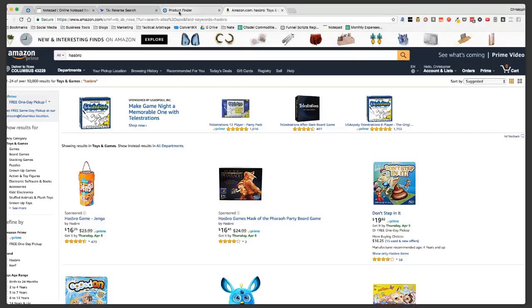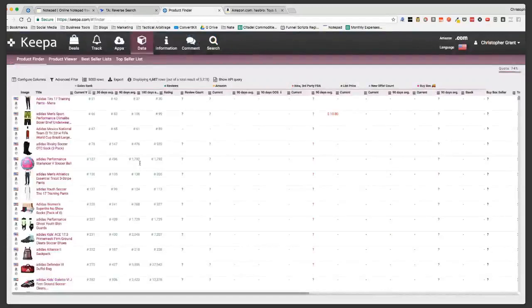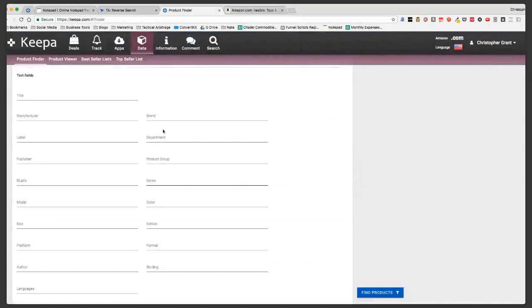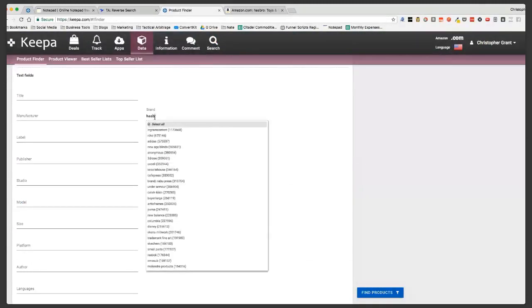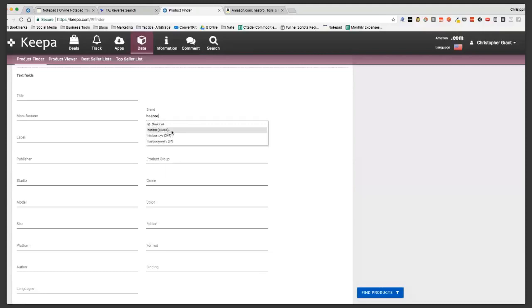Matter of fact, we'll go and take a look. If we scroll down and type in the brand, Hasbro, they have 16,281 items under the Hasbro brand. So now we can go and grab all that data really, really fast. I could have all those downloaded in a matter of a few minutes for Hasbro. And then we could do Mattel right after that. They have 22,383 items, and I could have that done in maybe half an hour or so.